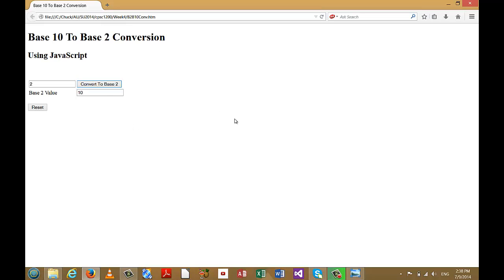Alright, so how are we going to make this work? Well, before I get into the details of how we actually do this, the algorithm that you'll need to implement, what I first want to do is take a look at number systems and what they mean, give you some background information. Then we'll look at an algorithm known as the division remainder algorithm, and then the division remainder algorithm will be the basis for your program, the algorithm that you will have to implement in order to make this